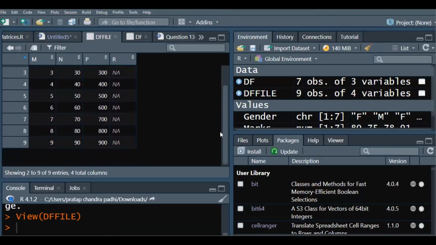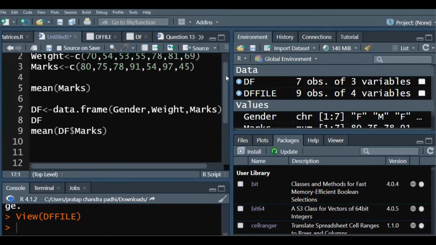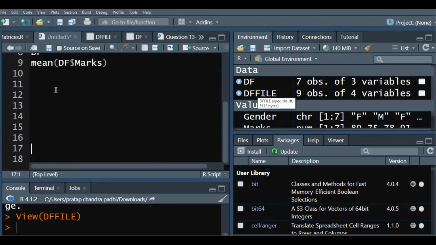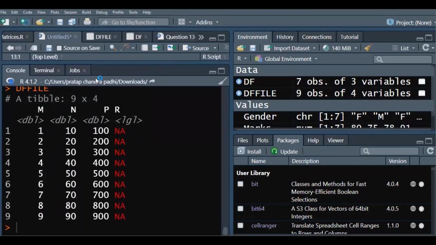Now if you go here, you see the DF file is here. So just write DF file. Automatically it shows the DF file. And you can see it here also in the right hand window, and you run it. And you get all the elements. So what we have done, knowingly or unknowingly, we left the last one. Don't worry about double, triple and all that now, not required. 9 cross 4, that's all. That means we have 9 elements and there are 4